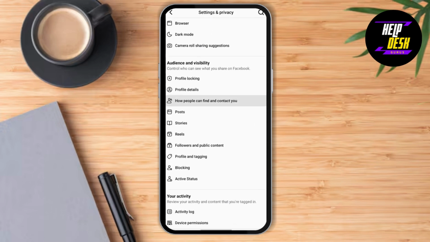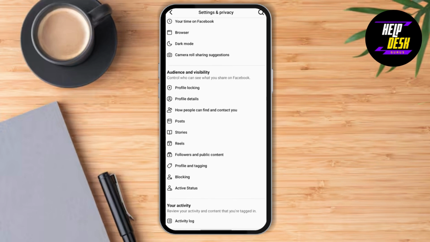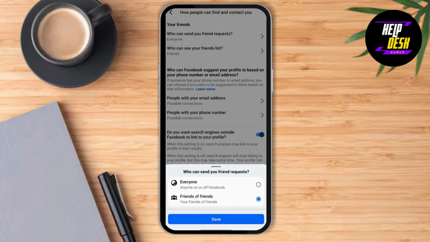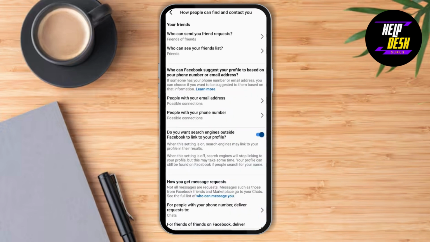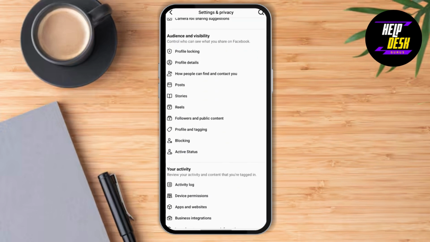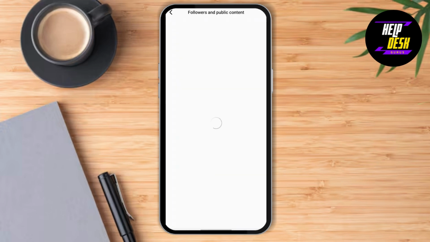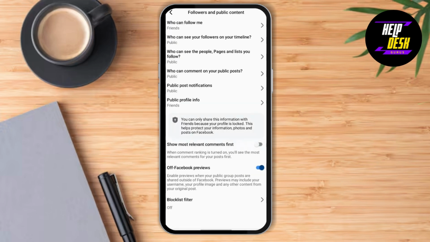Here you need to go to how people can find and contact you. Here you need to limit this to friends of friends and save. So after that you need to go to followers and public content, and now you need to make everything public